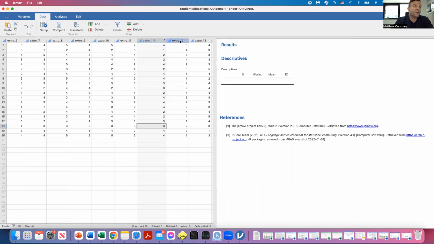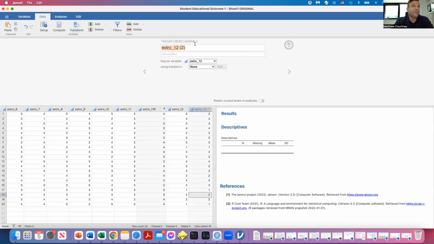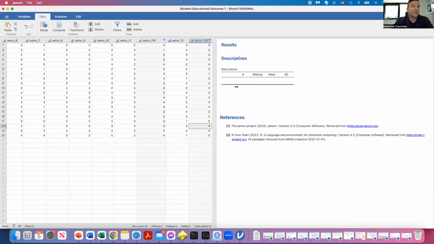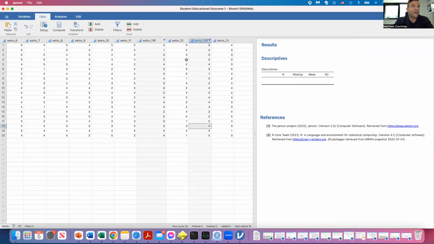Okay, so now we also need to transform extroversion 12 and extroversion 13. We need to reverse code. So let's do the extroversion 12. Click on transform. Transform variable is the reverse coded one. And we can use the same arguments. Go back, check the variable. Looks great. Let's go to the final variable, apply the transformation function,